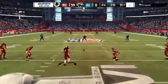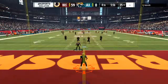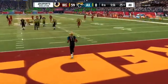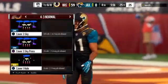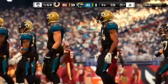Out is the kickoff unit as they run up and send this one away. That'll be taken in the end zone. And no run back here. This will be a touchback, and it comes out to the 25-yard line. Out comes the Jacksonville offense as they get set to take over here. They are looking to make a bit of a 180. They are